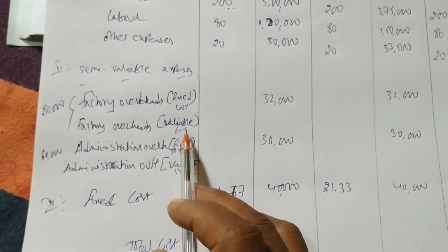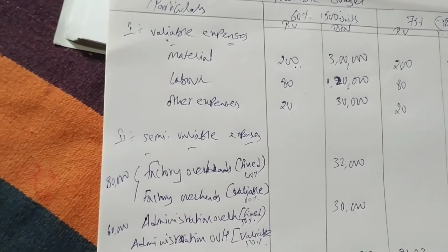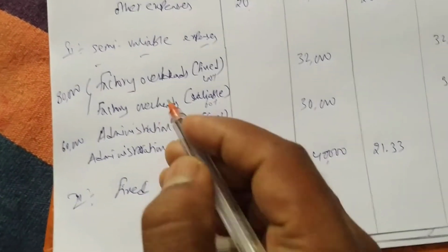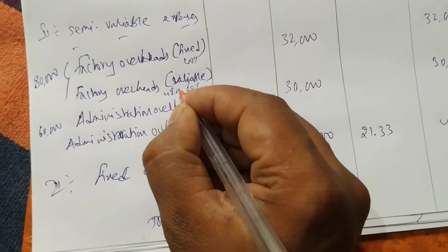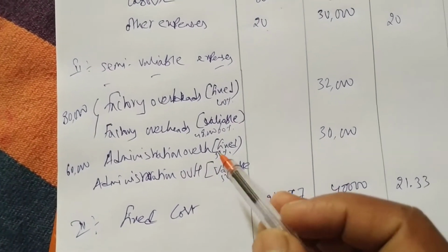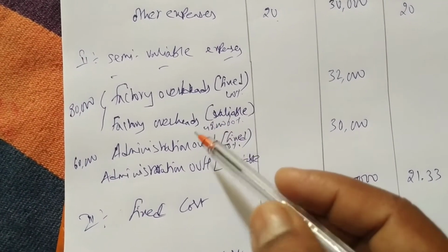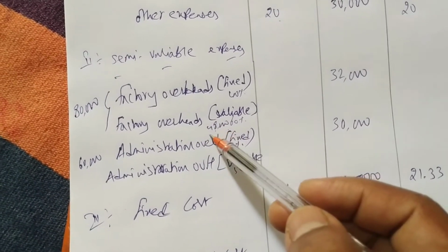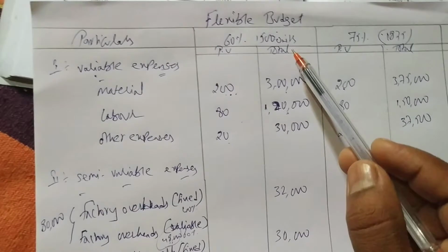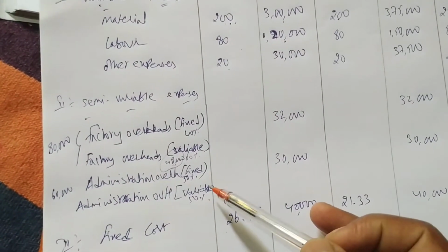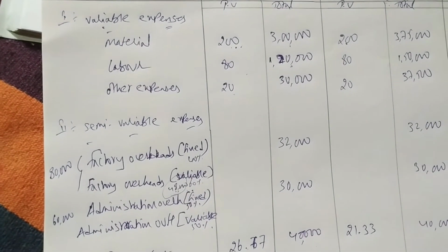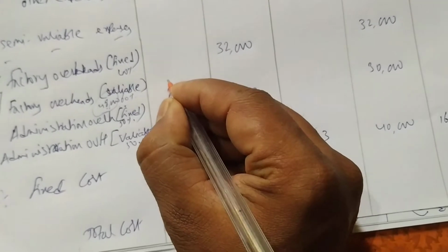Now we have to find out per unit variable cost. Okay. So what is saying? Variable cost 80,000 into 60%. We are getting 48,000. So 48,000 we got for variable factory overheads. So this is total. We want to find out per unit. So how to find out? In question what is given? 1500 units information is given. So we have to divide this 48,000 divided by 1500. We have to divide with that only. So we are getting 32 rupees per unit.